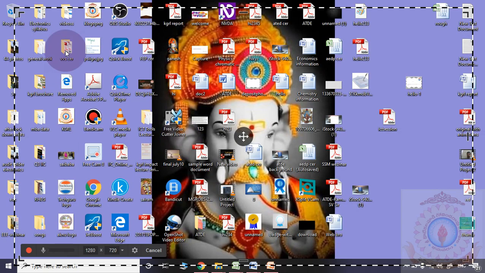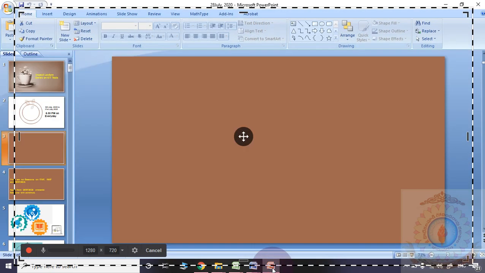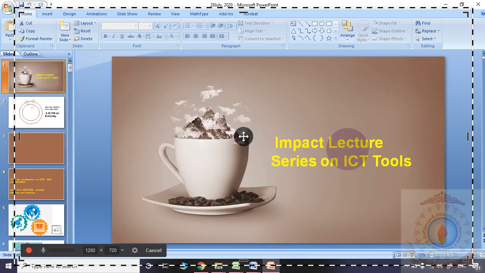Then immediately please observe, you are seeing a dotted line structure here. So here I am opening my PPT. Whatever is inside this particular area will be recorded.